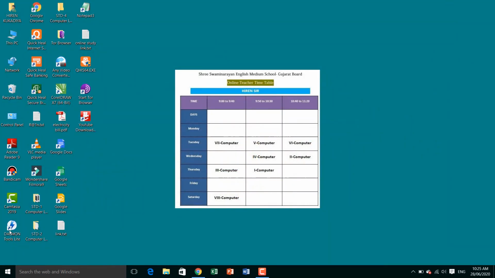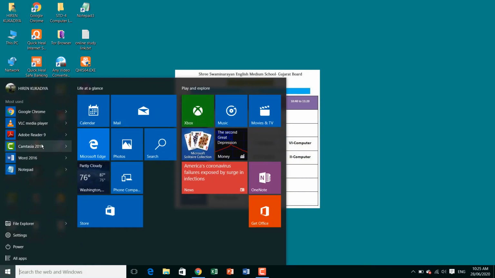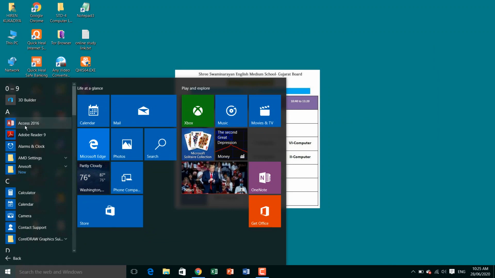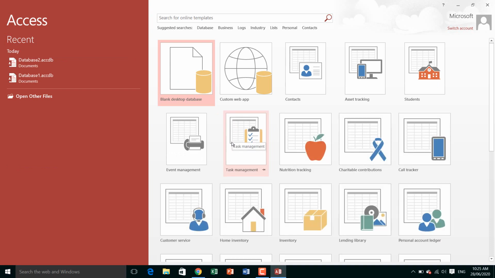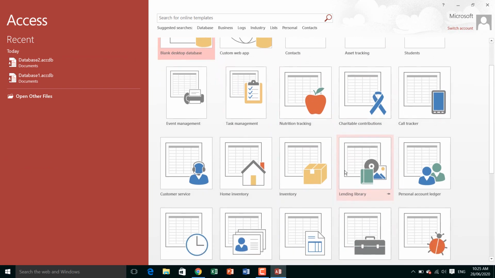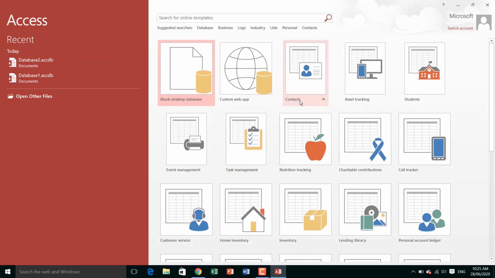First click on the start button. In all apps, you will see Access 2016. Click on this and Access will open. In Access you will get different templates for creating a database. If you want to create a contact list database for mobile numbers, you can use this kind of template.